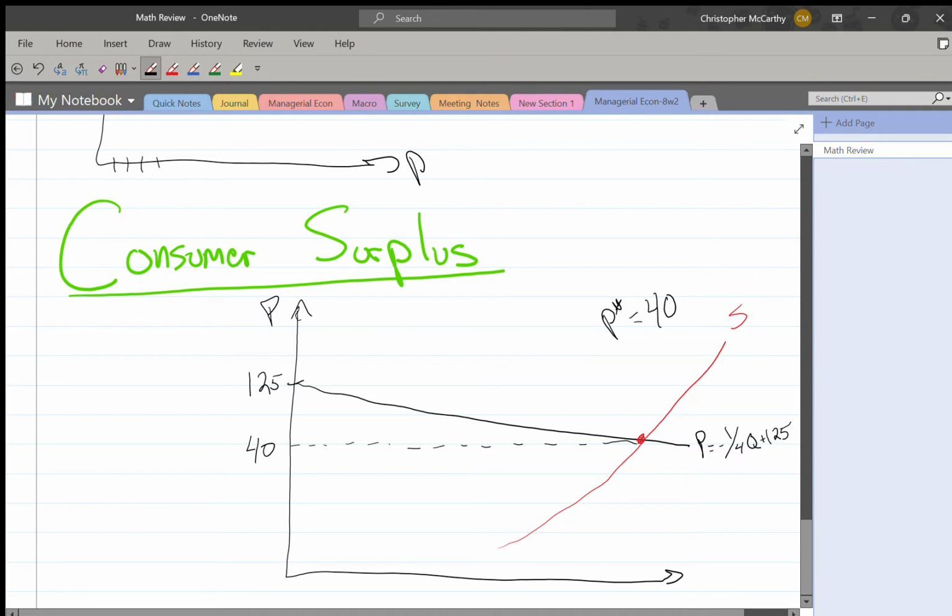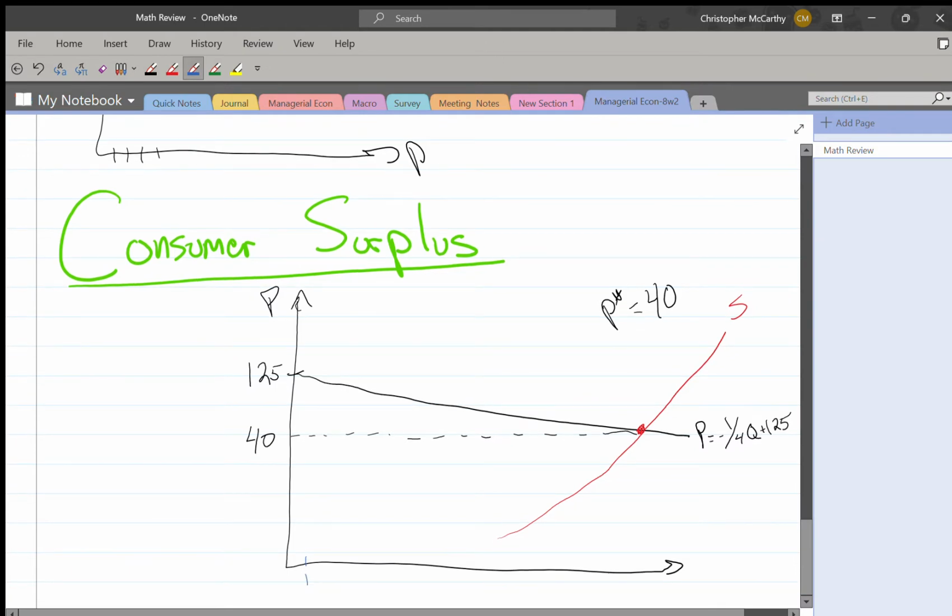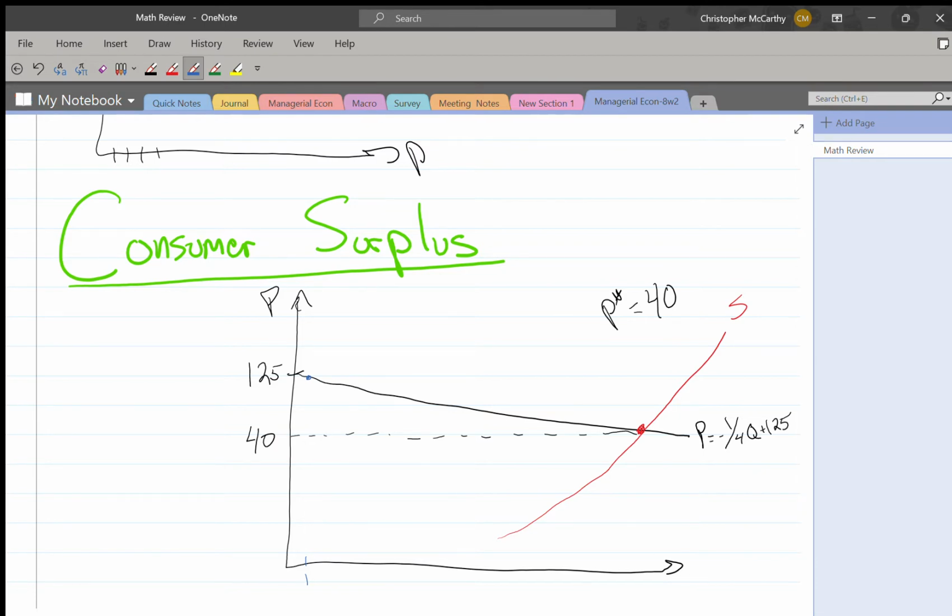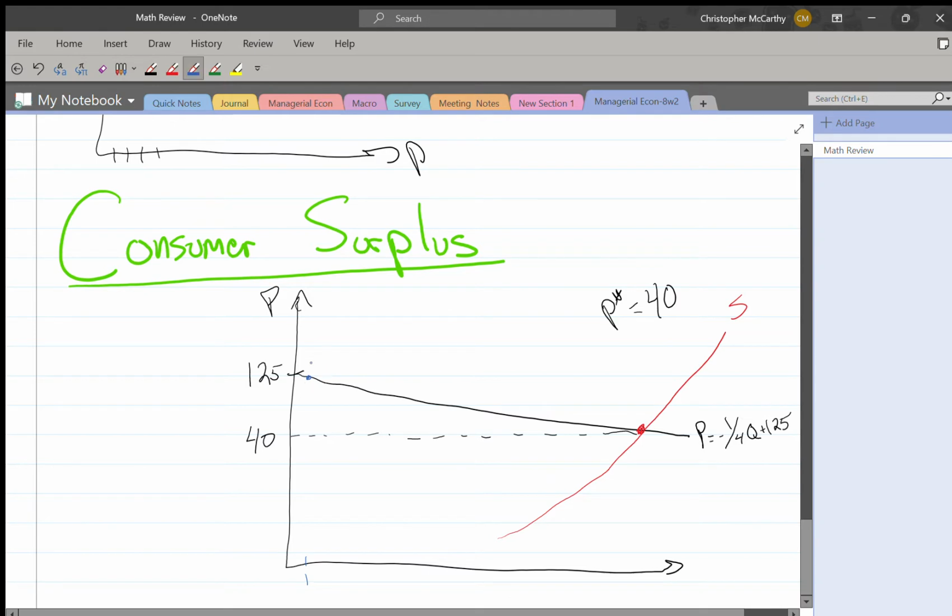And when we're talking about consumer surplus, what we're really talking about is the fact that there are people, right? There's somebody who values whatever this good is at near $125, right? The demand curve is telling us the willingness to pay. So there's a willingness to pay of